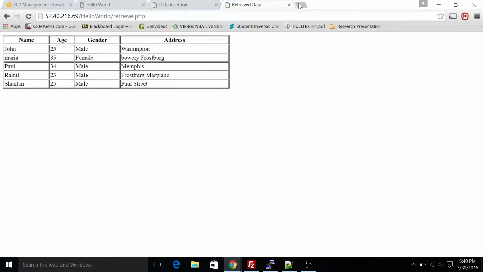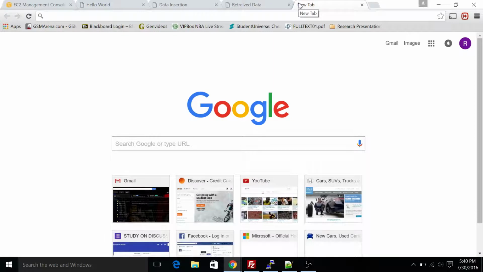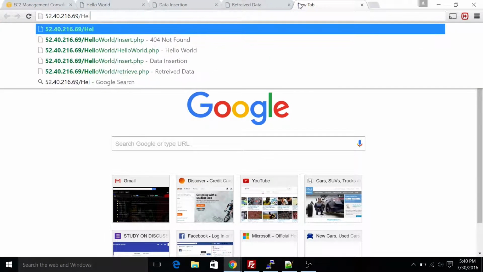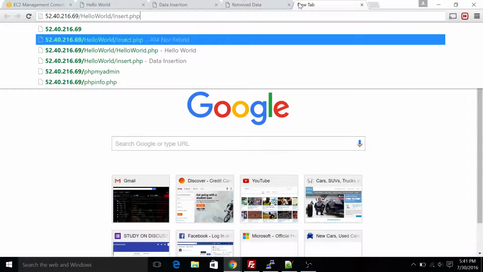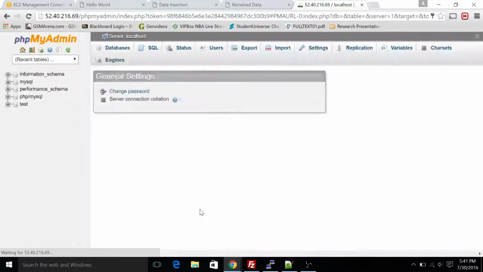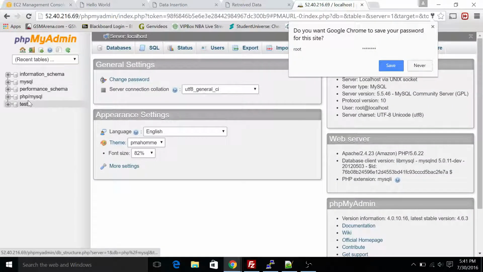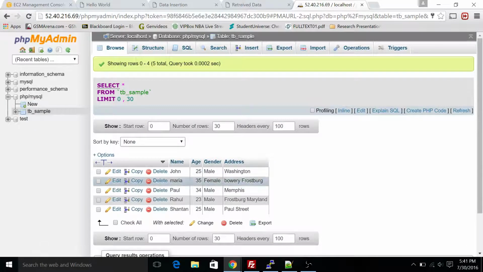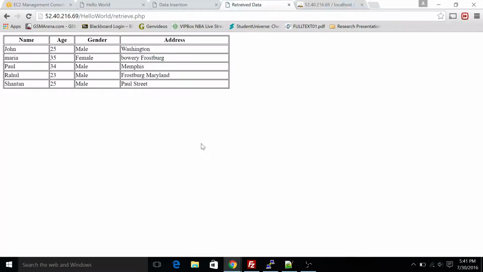I just used the local machine. I imported all the data from the previous database, so phpMyAdmin will show all the databases. I've created this in the Amazon AWS password, so I just have to log in again. So this is my same PHP/MySQL setup, the same table, and the same retrieved data.